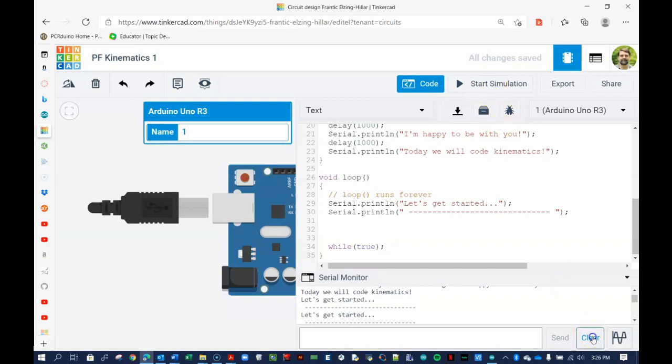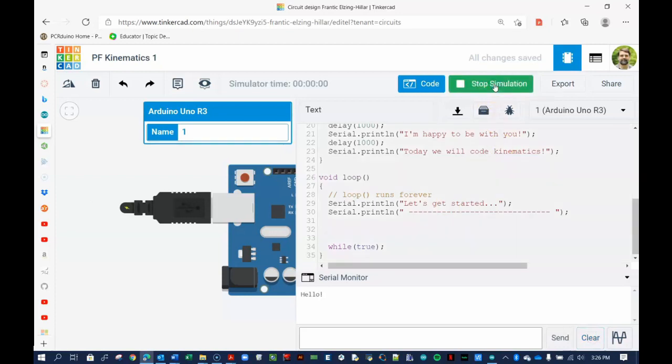See what happens here. I'm going to clear the screen. Hello, welcome. Happy to be with you. Let's get started. And notice it only does it one time. Okay. The loop still runs forever, but when you get down here to line 34, this particular line right there